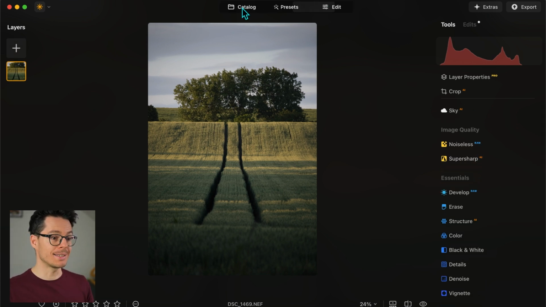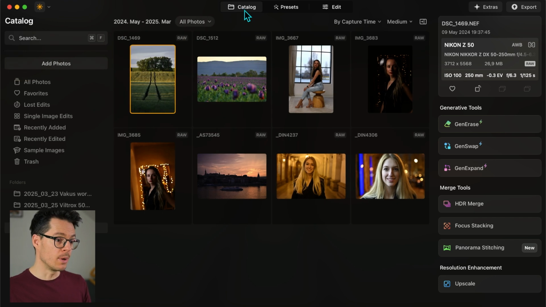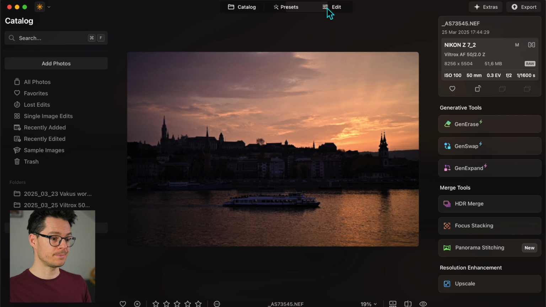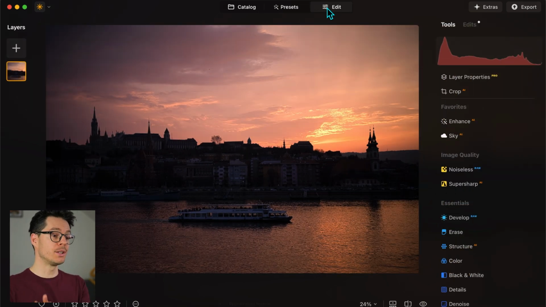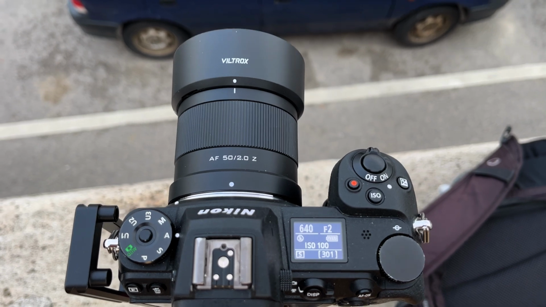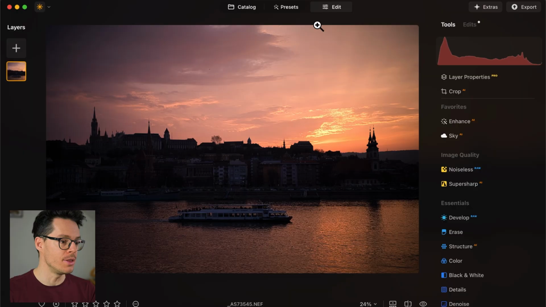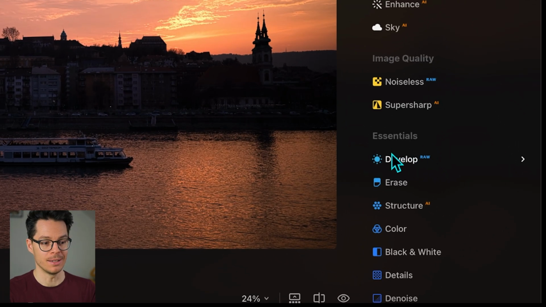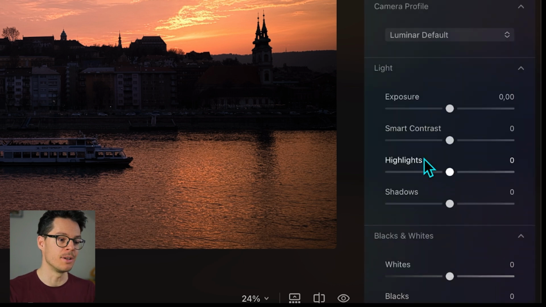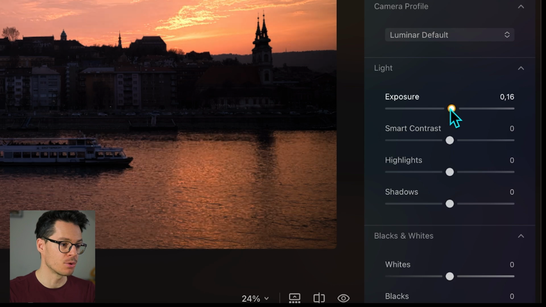Now let's go back to the catalog because I would like to start with this photo. I'm gonna go edit. This is a photo I took with a Viltrox 50mm f2 lens on a Nikon Z7 Mark II, and as you can see it's quite underexposed. First, here's the develop panel. It says raw, so this means that Luminar Neo recognizes that this is a raw file and you can have raw edits. So let's push up the exposure a little bit,